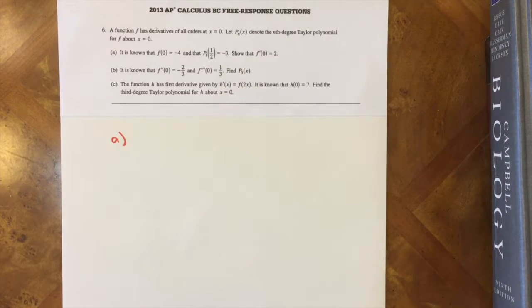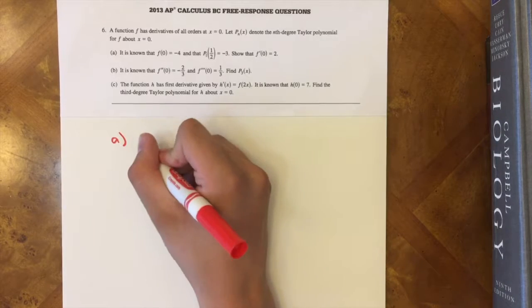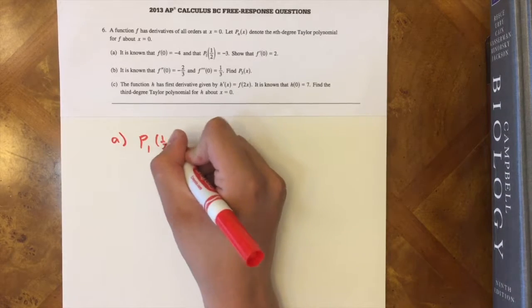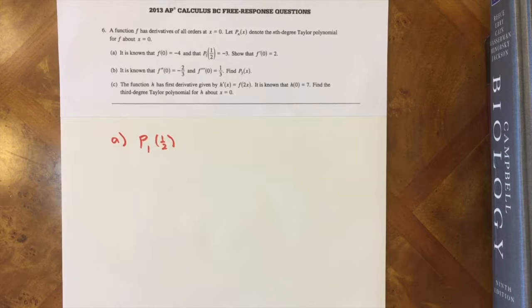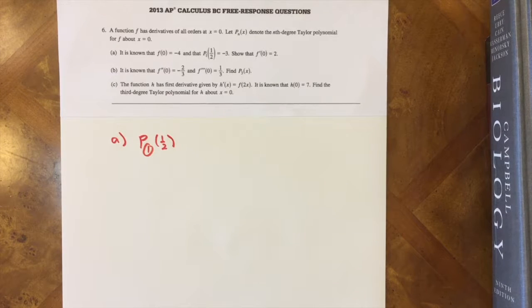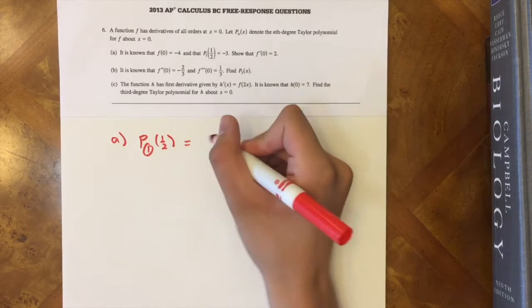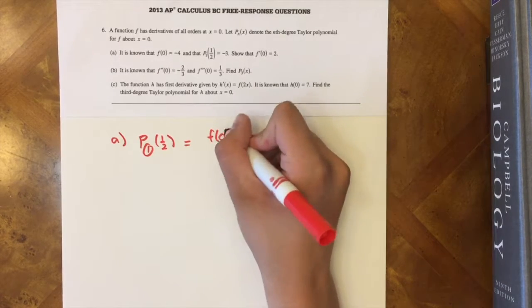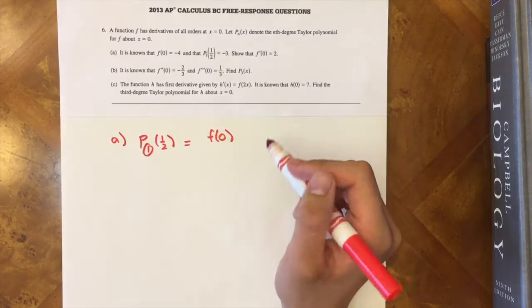So first thing we want to do is know what p1 of 1/2 is equal to. We have a Taylor series about x equals 0, so this is technically a Maclaurin series, but we want to find what p1 of 1/2 is in a Taylor polynomial definition. So what does this 1 denote? Well, it denotes that we must have the Taylor polynomial go up to the first derivative. p1 of 1/2 is equal to, by definition, f of 0,